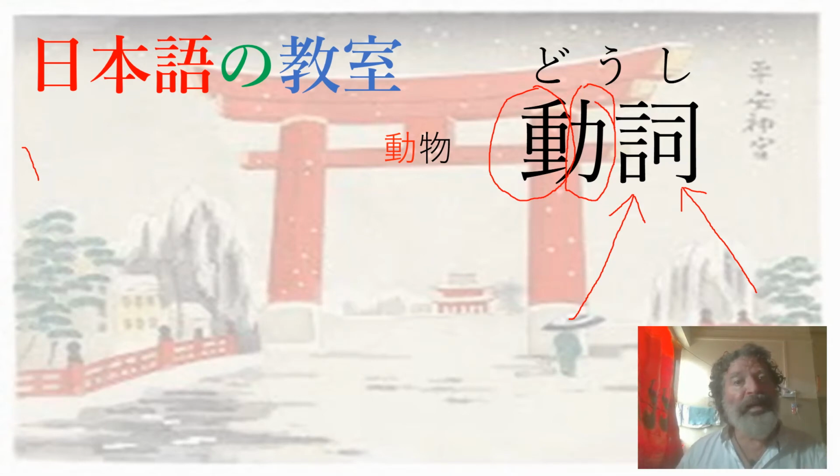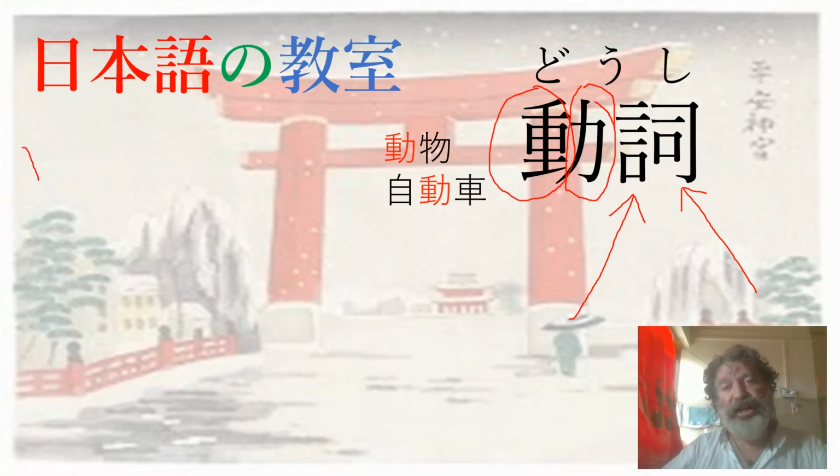Butsu. B-U-T-S-U, butsu. Dobutsu is animal. It means animal. So it's a very good word to know, dobutsu. Later we will learn the names of some animals. I'll have a chart with dobutsu, and this will be at the head of the chart. I'll just go ahead and write the kanji. Of course you don't need to be able to write this. Look at that, it's a mess. But sooner or later you should at least be able to recognize it. Okay, doshi, dobutsu.